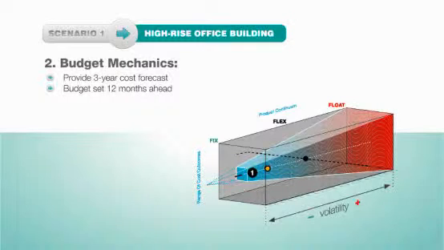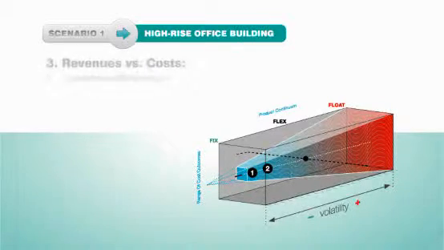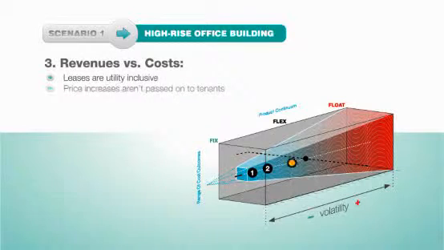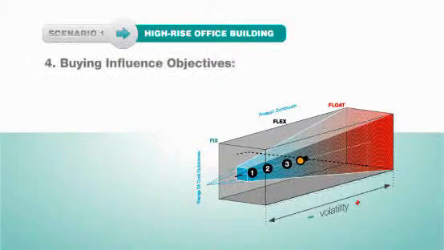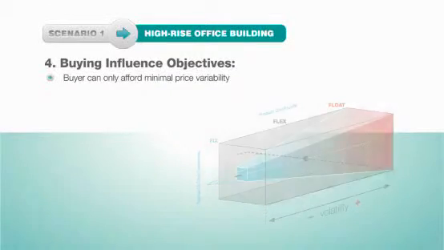12 months forward, and the buyer is responsible for assuring that actual costs incurred land within a 25% plus or minus range. The building's leases are utility inclusive, so that changes in price are not passed on to the tenants. Future cost increases would take money straight from the bottom line. Likewise, cost decreases add to the bottom line. In this case, the property manager should consider a product that falls on the left side of the range with more fixed components, but they can afford to accept some price variability.